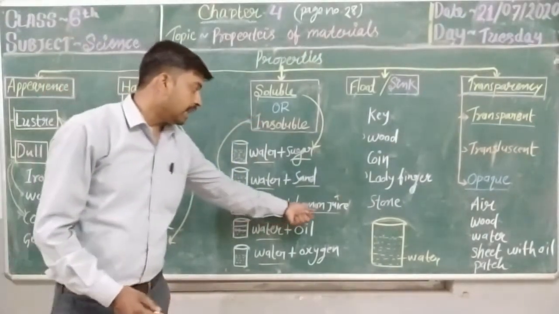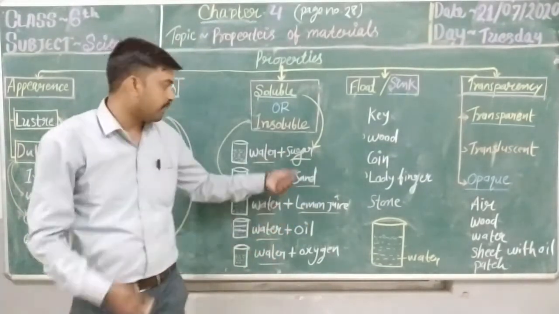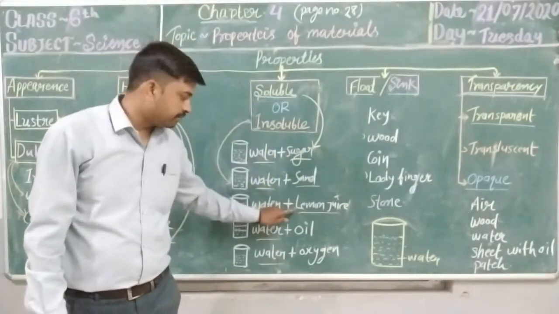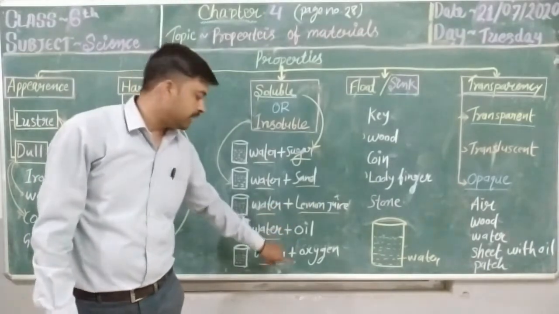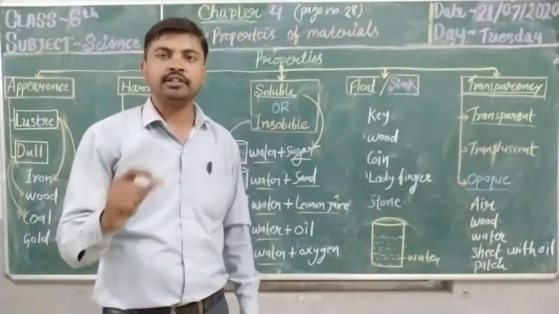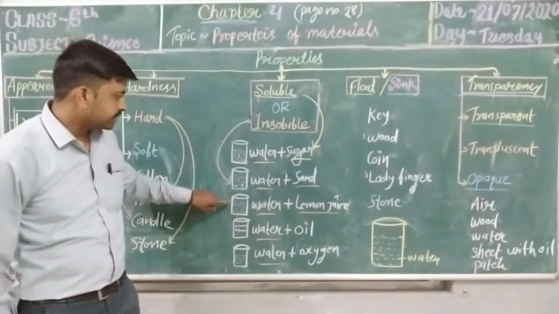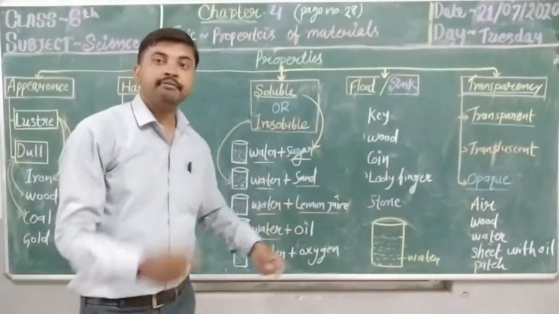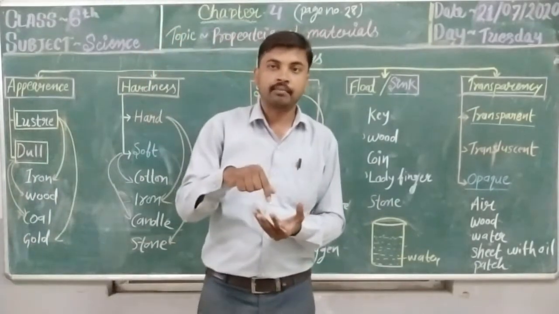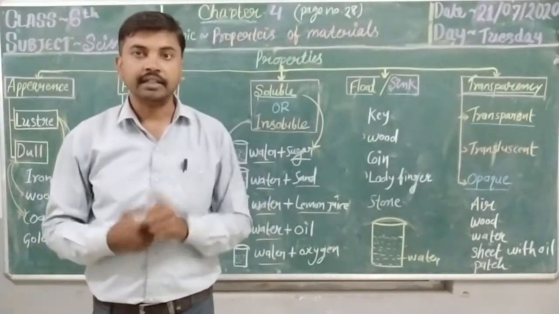Obviously not. It means sand is an insoluble substance. Then another example, lemon juice. I take three different states of matter: some solid substances, some liquids, lemon juice and oil, and another example, oxygen, which occurs in nature in the form of gas. So let's discuss lemon juice. When we put the lemon juice into the water and try to dissolve it, can we say that lemon juice is dissolved in water or not? Yes, it is dissolved.